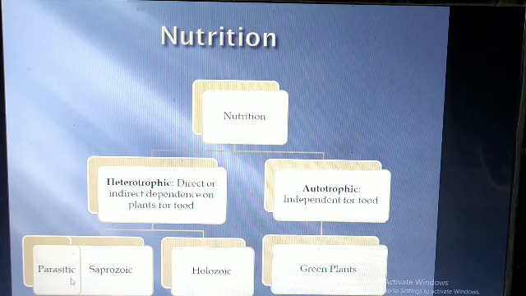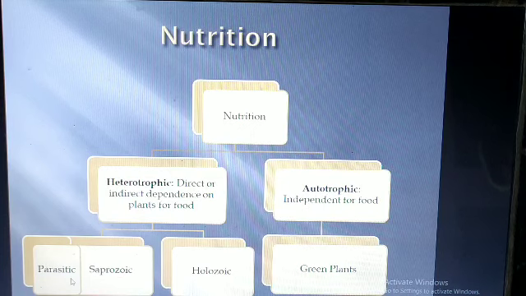What is that living thing called? From where do these parasites take food? The living things that give food to them are called hosts. Alright, so they derive food from the host. So if the parasite is inside the body of the host, they are called